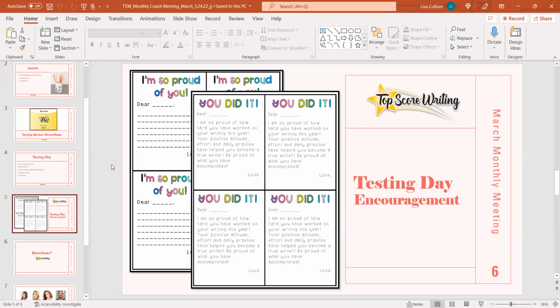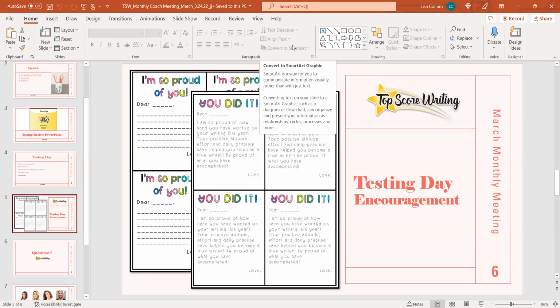For me, I always give the example, my oldest, who's now 16, is a very good writer. He usually always gets 9s and 10s, and he's my straight A student, and he still gets anxiety the day before the writing test day. He still says he has trouble sleeping. He still says he's worrying about it because it's just testing. So as much as you can ease their mind through encouragement,